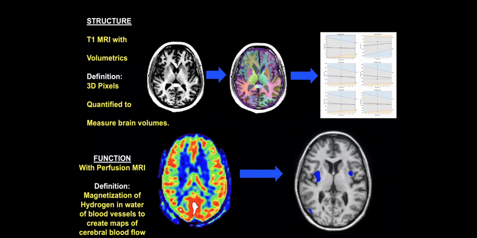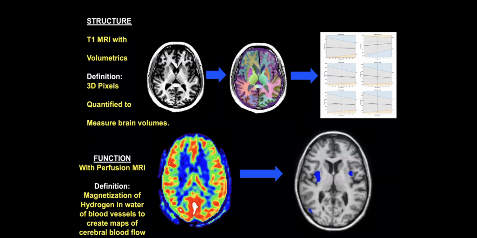Functional scans with perfusion MRI or arterial spin-labeled MRI give us the ability to look at the actual blood flow in the vessels, especially out in the gray matter and the cortex where the neurons are housed. And with that, we can create blood flow maps of the brain. This color map you're seeing, with the red and yellow colors and some of the green colors, shows higher blood flow in the brain.